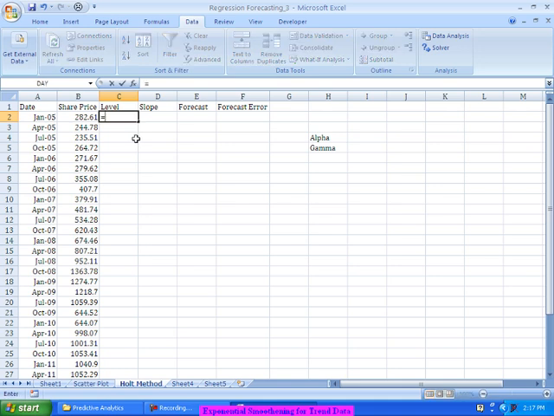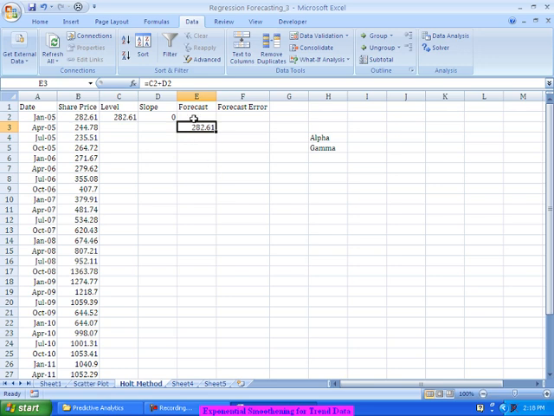So for the first month I'll take the level estimate as the same and the slope estimate as 0, because I'm making an assumption that it does not move either up or down. So my next period forecast is coming out as the level estimate plus the slope estimate of the previous period, which ends up with